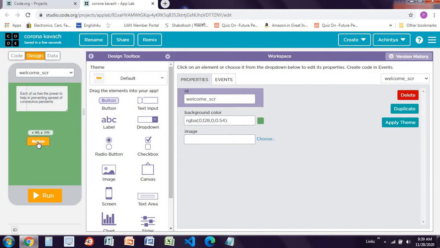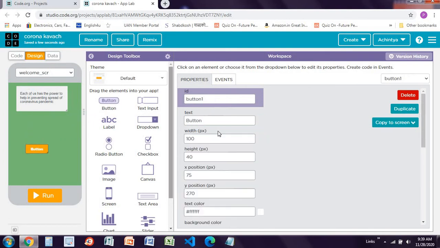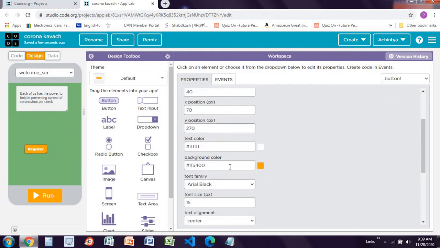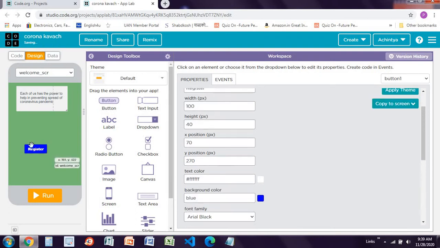Now drag and drop one button over here and you can name it like click to register or just register. So I'm just naming it as register like this and make this button color, you can make it as blue like this.